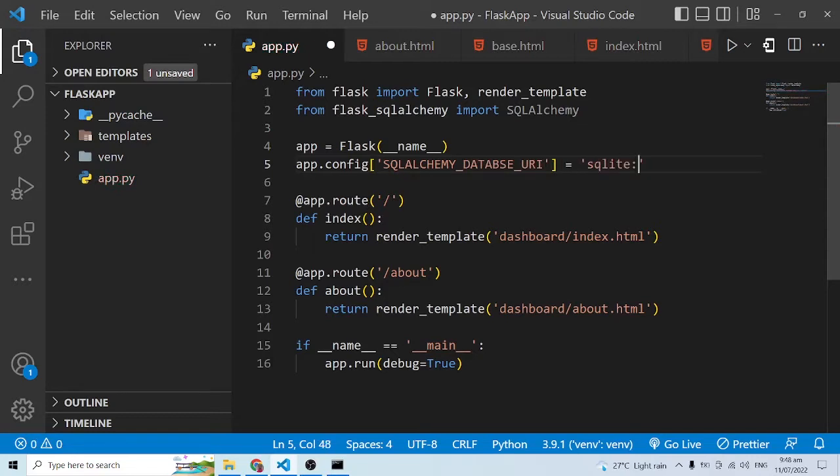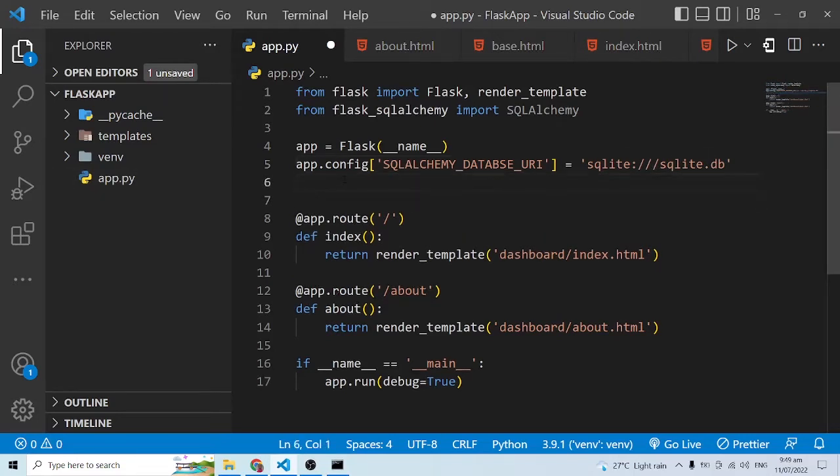sqlite:///sqlite.db. All right, so this is going to set up an SQLite 3 db file inside of our environment, and this three slashes you have over here is simply telling the system to put it in your root directory. So in here we are going to create our database, and in order to do so,